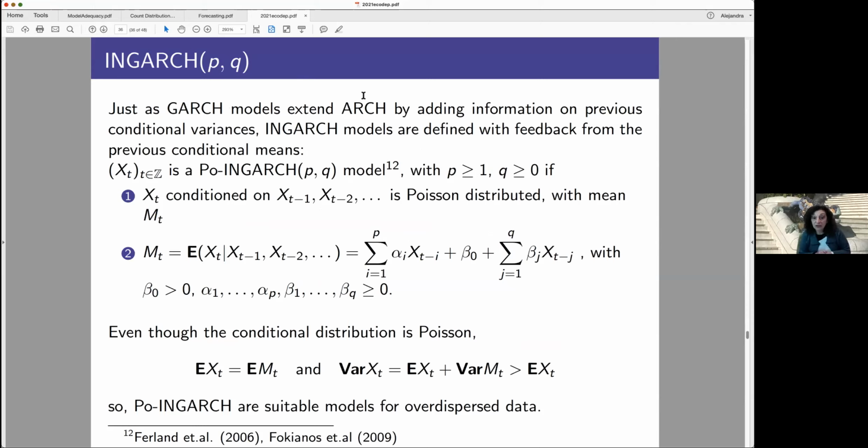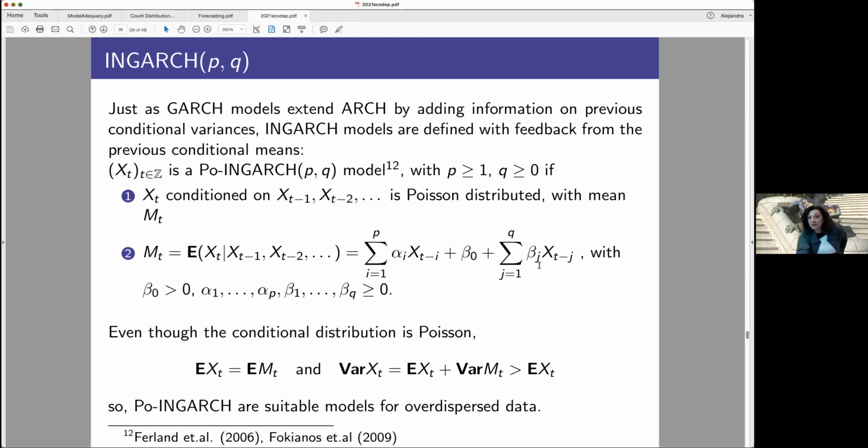So again, we define the Poisson INGARCH model of order P and Q by saying that Xt conditioned on the past is Poisson with mean Mt, and Mt, the conditional mean of Xt given the past, is a linear combination of the past P past observations, plus